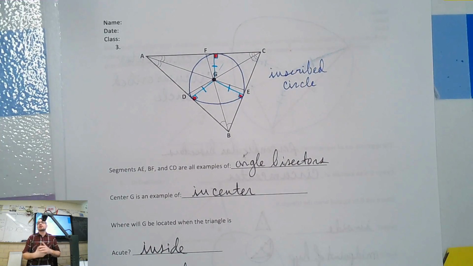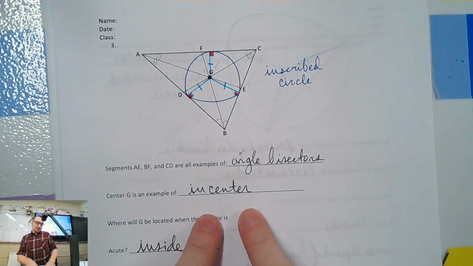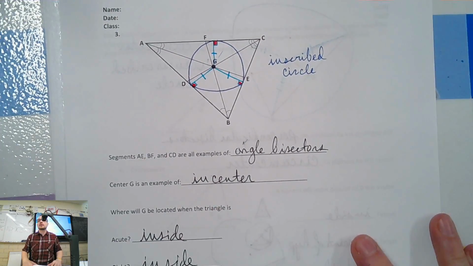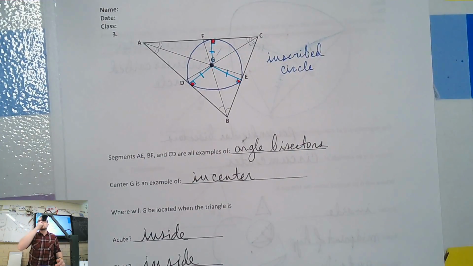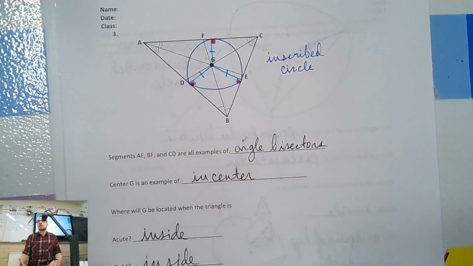That's a tough one. It bisects the angle, means it cuts it in two, right? So those are angle bisectors. Where they intersect is called the incenter. There's no real connection there. Well, we call it the incenter. Why do we call it the incenter? Yeah. Because it's the center of the inscribed circle. Exactly. Inside circle, inscribed circle, right? That's why we call it the incenter.